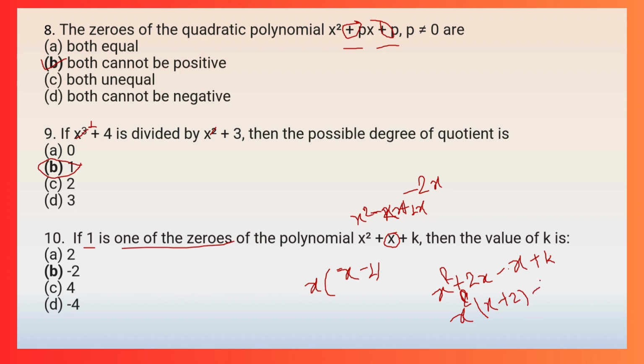X plus 2 will be the another common value. So here if we mention -2,